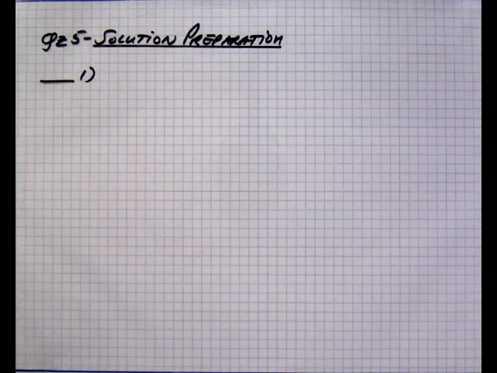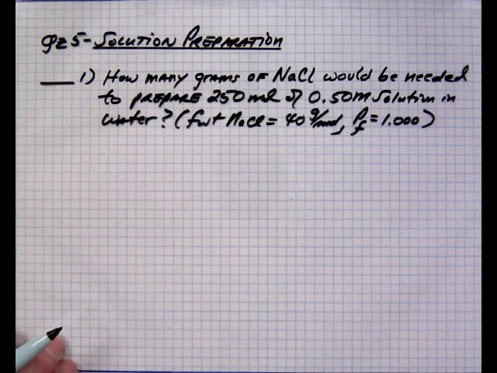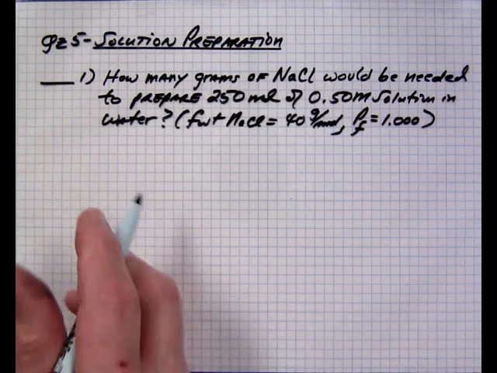Okay, let's take a look at the quiz and see how we did. Quiz 5 is solution preparation. How many grams of sodium chloride would be needed to prepare 250 milliliters of a 0.5 molar solution in water? And I give you the formula weight as 40 grams per mole, and the purity factor of the solute is 1.000. Well,